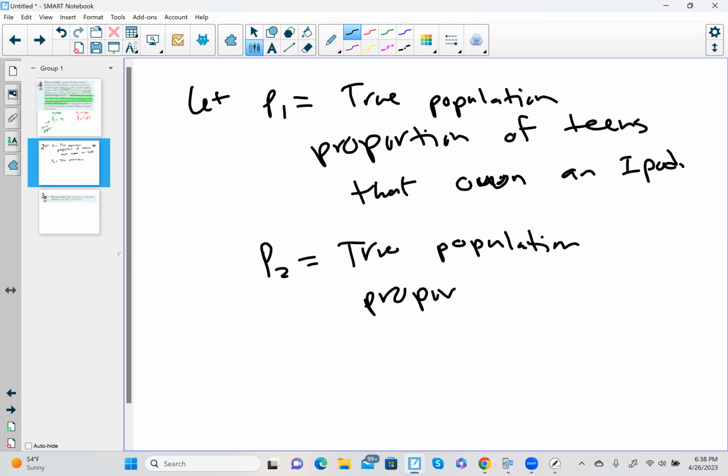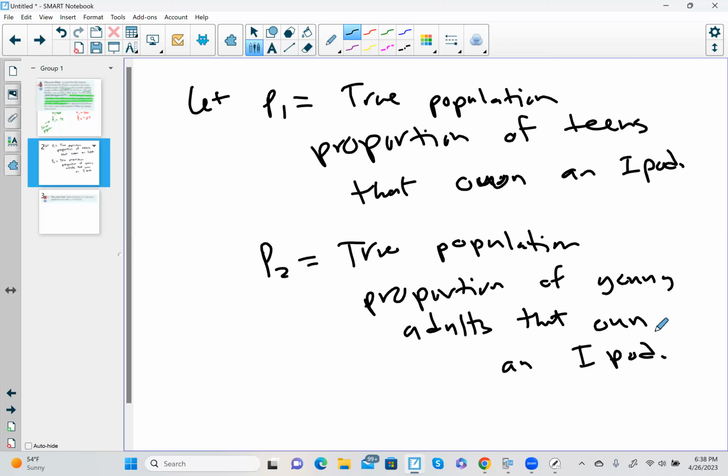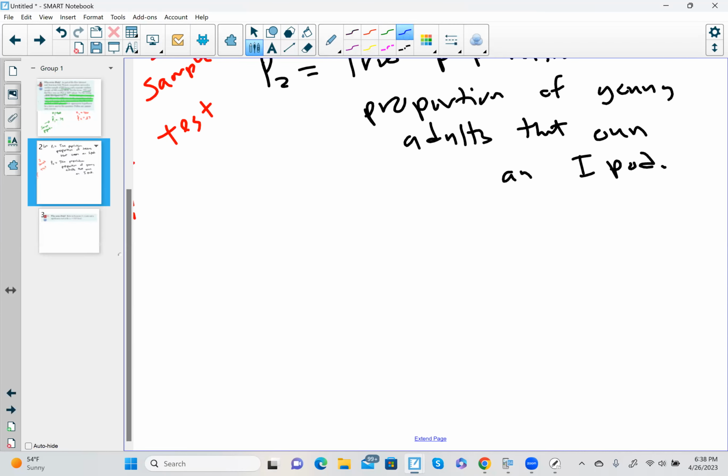population proportion of young adults that own an iPod. Okay, so because we're comparing two groups, this is called a two sample test. We're comparing two different proportions for two different groups to find out if we think these groups are fundamentally different from each other. Okay, specifically in this case, this kind of problem that we're looking at today is how we state it. We call it a two proportion